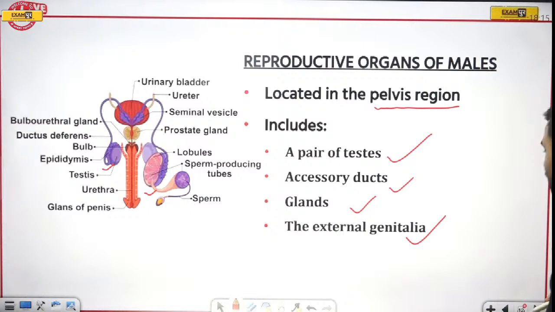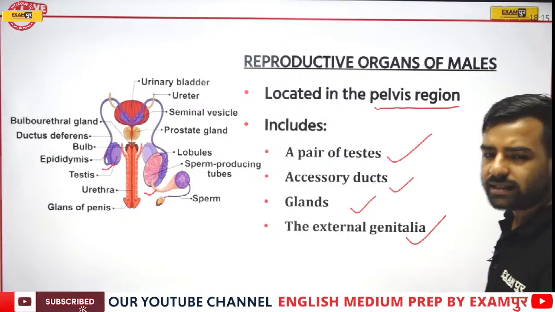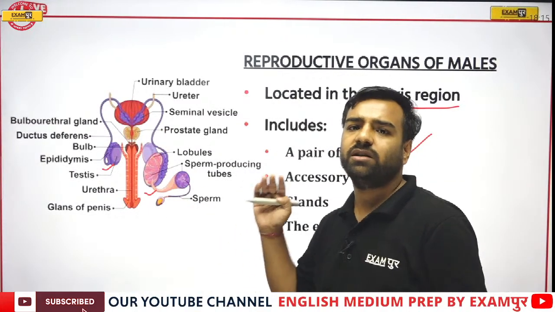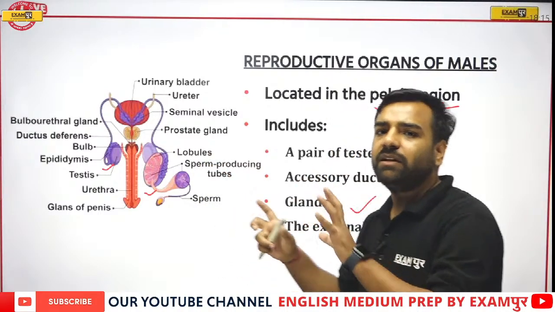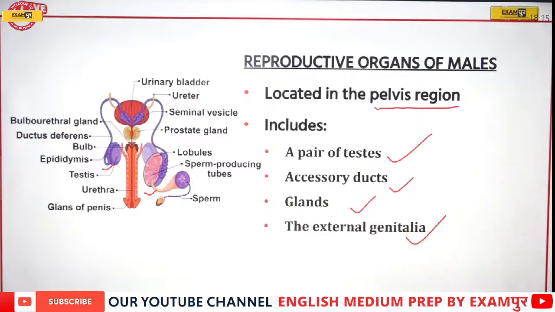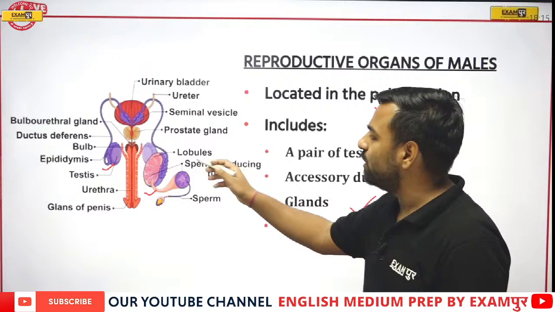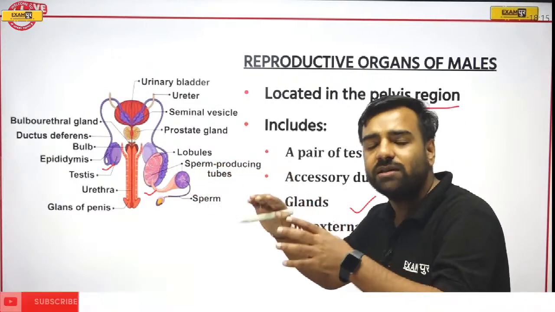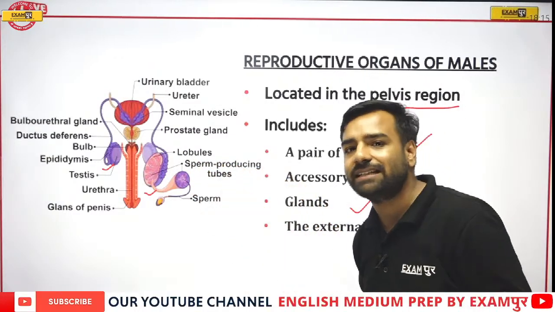Now, the question can be asked about the numbers. It is actually asked in CGL. I have just kept the question after this female part. Then we'll understand. This number is also even asked. Fine. So, we must be aware of these things. Now, if I talk about the sperm producing tubes, these are actually located in the testes itself because the sperm's production is actually done from this testes part.